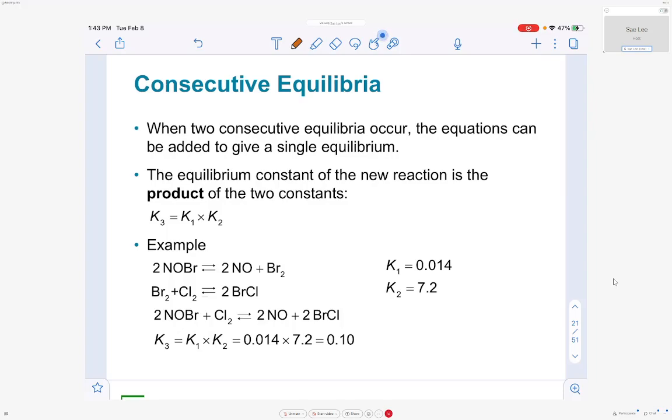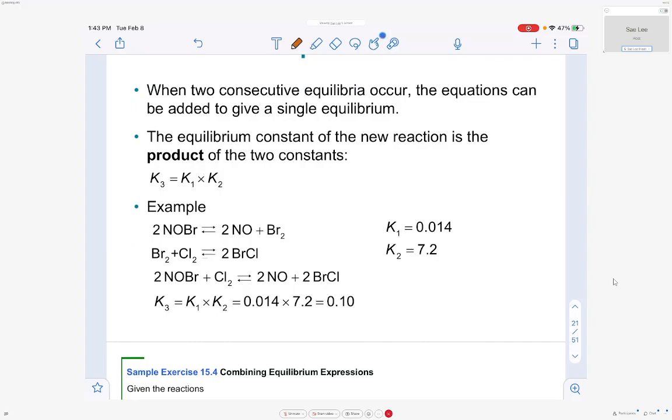If each elementary reaction's equilibrium constant is given, the overall reaction's equilibrium constant, or you can call it the combined equilibrium constant, is basically the product of the equilibrium constants for each individual reaction in the elementary steps. So for example, if this elementary step has a Kc value of 0.014,